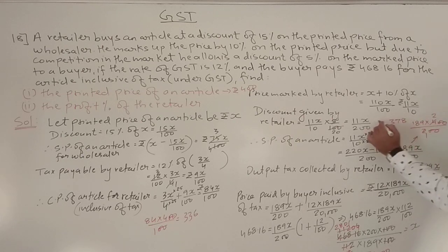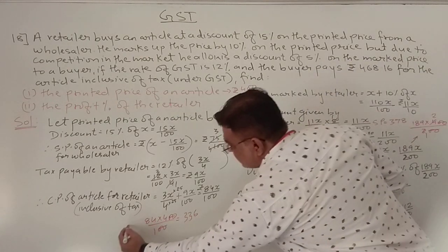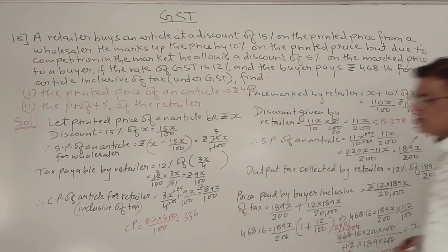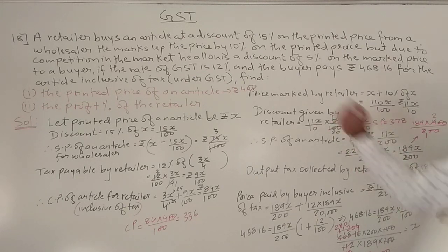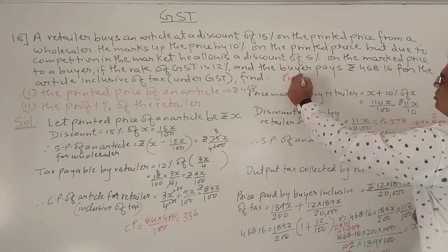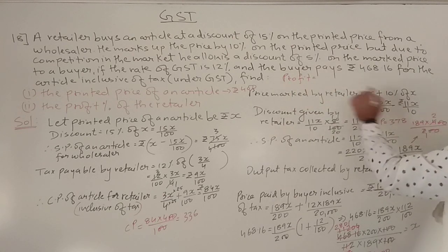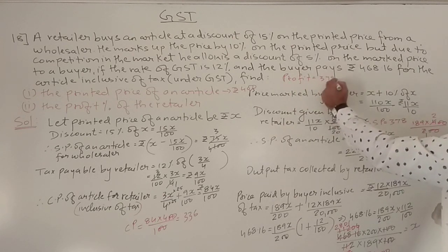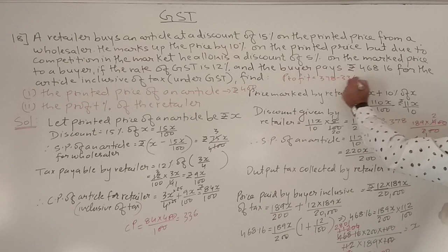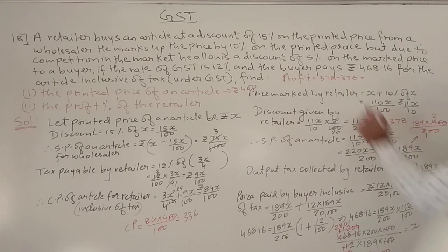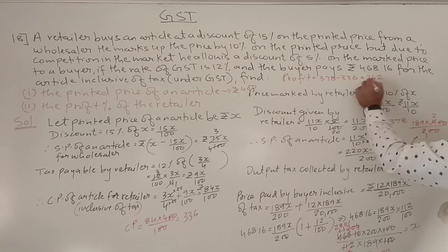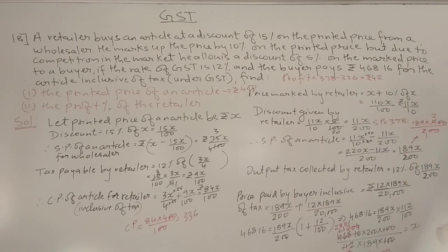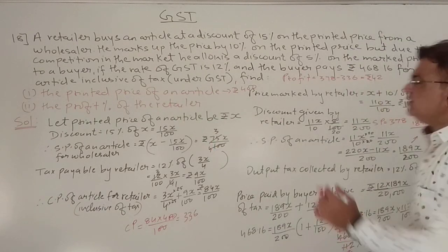Okay. So what is the selling price of the article? It is 378. And what is the cost price? It is 336. So there is a profit. So profit will be SP minus CP. So 378 minus 336. So 8 minus 6 will be 2, 7 minus 3 will be 4. Yes. So 42 rupees is the profit, but we have to find the profit percentage.